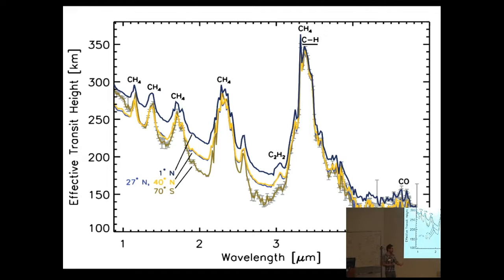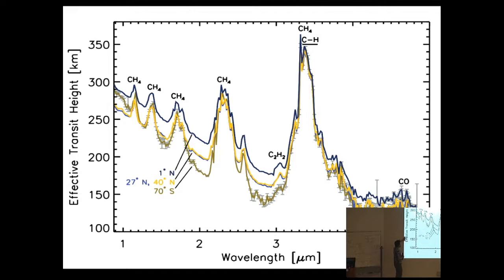The reason I'm showing you those is that, as Jonathan said earlier on, he thinks planets are very difficult, and this shows that planets aren't spherical cows. Depending on what latitude you're looking at on Titan and depending on what time of year, the haze varies, and so you get different transit spectra for those different latitudes and times of year.